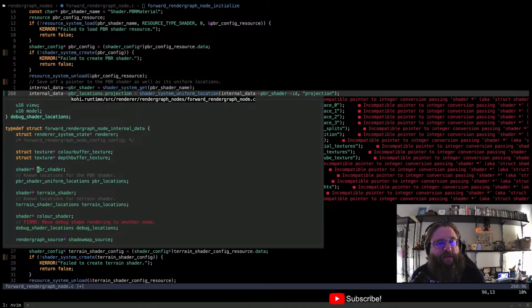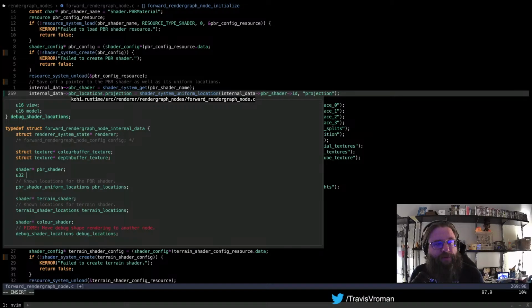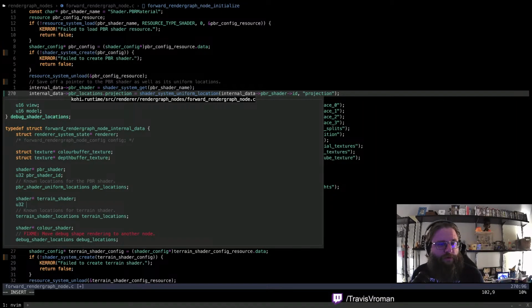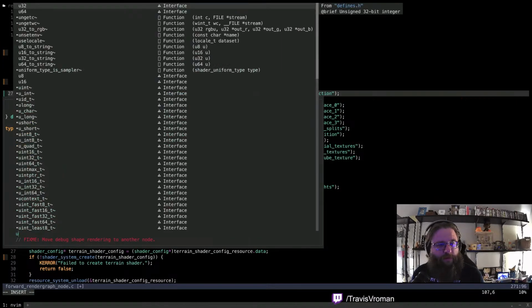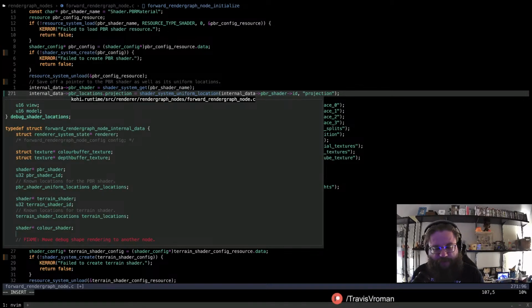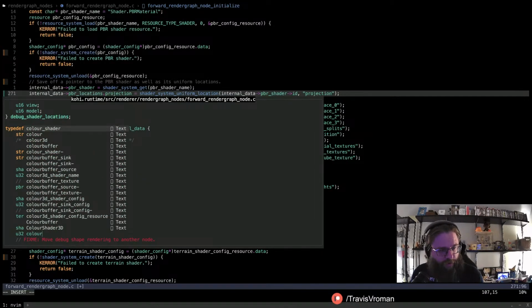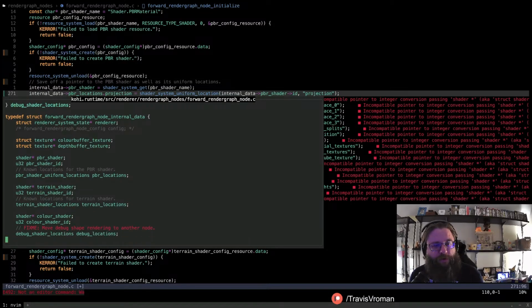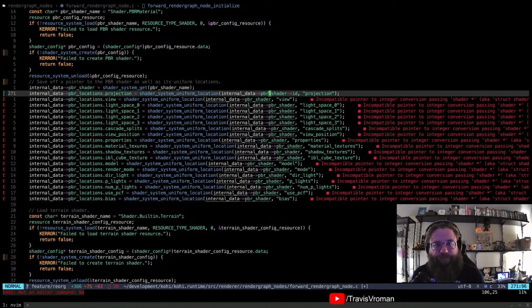So I guess what we'll do is, I'm not actually sure we're going to need the shader pointer for anything after this, but we'll say U32 PBR shader ID, and we'll do U32 terrain shader ID and U32 color shader ID, right? And I know that we're going to be moving the color shader, but we're not there yet.